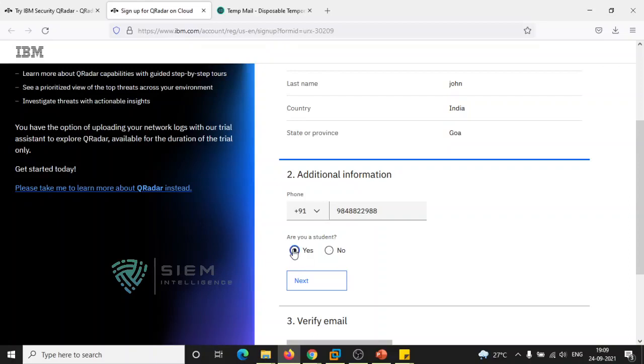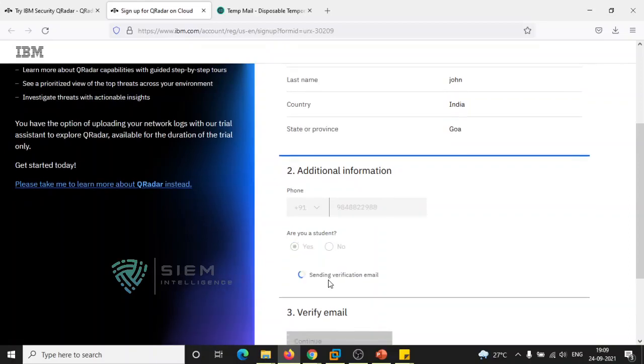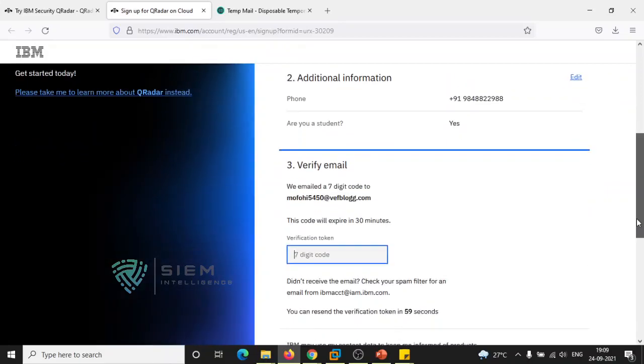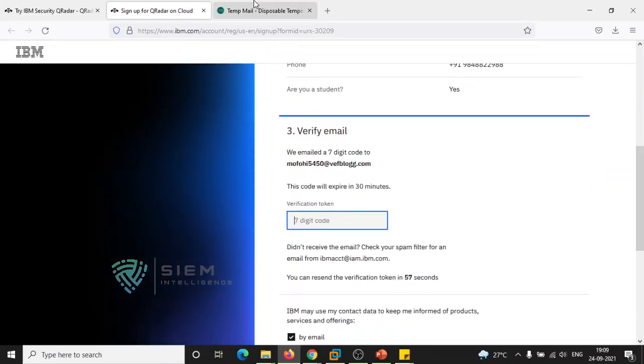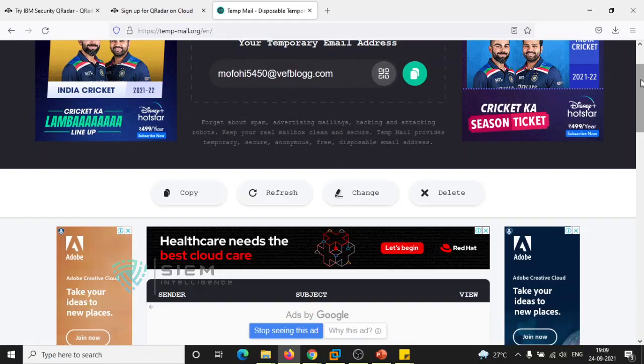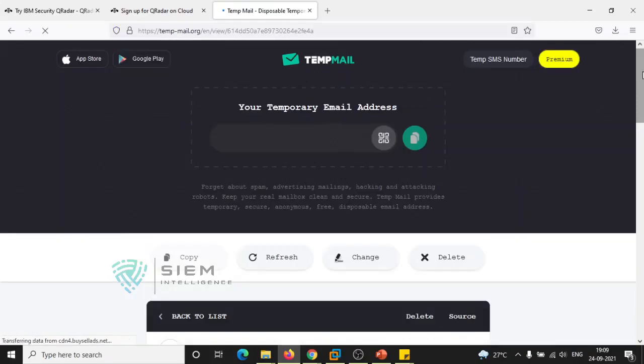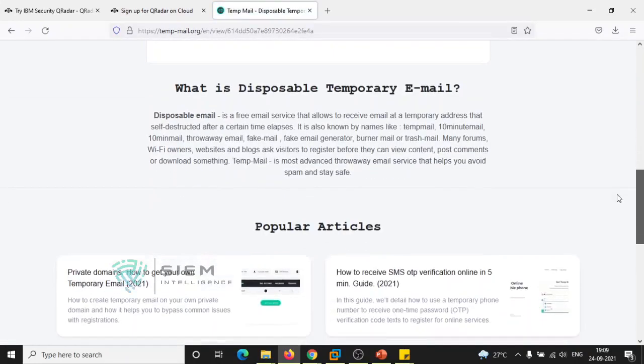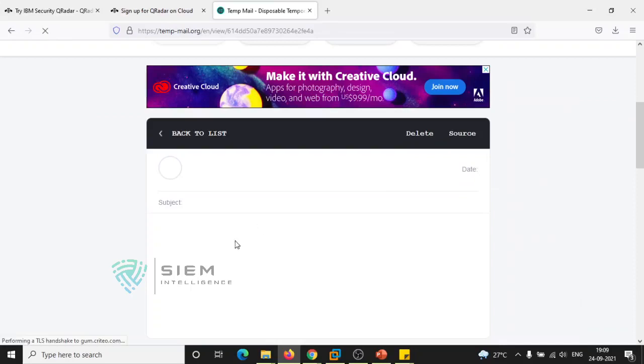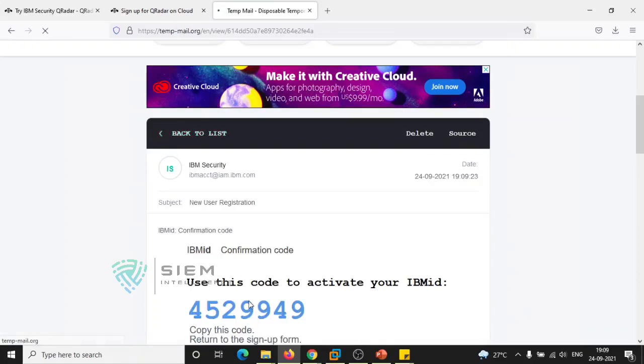I am a student, I am saying, and I press next. Over here you need to provide the verification code from your temp mail. I hope this temp mail has reached here. Just check the verification code. There it is, here is the mail.